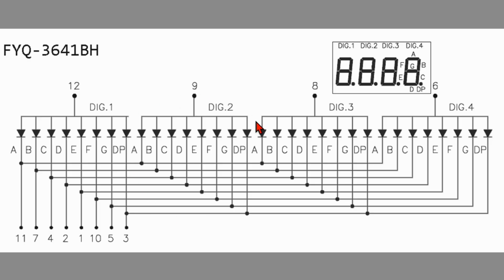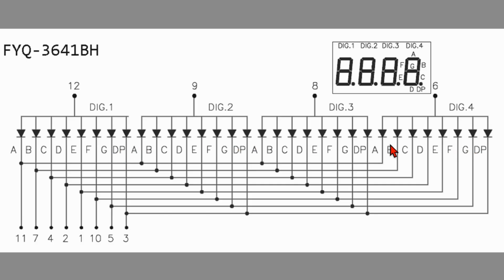So here's what's going on inside of this display. This circuit diagram shows all of our pins, just as before. We've got our pins 12, 9, 8, 6 for each of the 4 digits. So we have digit 1 here, digit 2, digit 3, and digit 4. And for each digit, we have a bunch of LEDs shown here. We have segments A through G plus the decimal point, and we have those for each of the